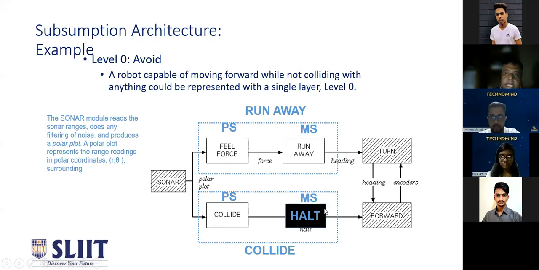And if that is the case, you can stop, right? And that is represented by this bottom one. The first step calculates whether the robot is going to collide using sonar sensor data, and then you send a stop signal to the motion control unit of the robot, right? To make it clearer, if your robot has 2 motors, and if those 2 motors are controlled by a Raspberry Pi board, you will send this control signal to that board to stop the motors, something like that. And then